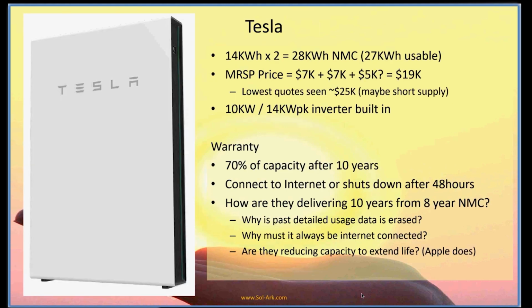Okay, so now let's talk about Tesla. This is also a lithium-ion NMC battery, and NMC is inherently inferior to LFP for cycling usage in solar. They require us to purchase 2 batteries. You can't just get one anymore. So it's a 28 kilowatt hour battery, and they don't upsize the battery much. Only about